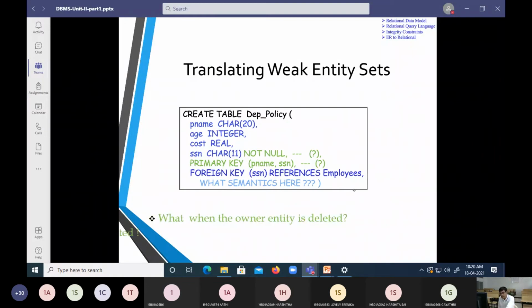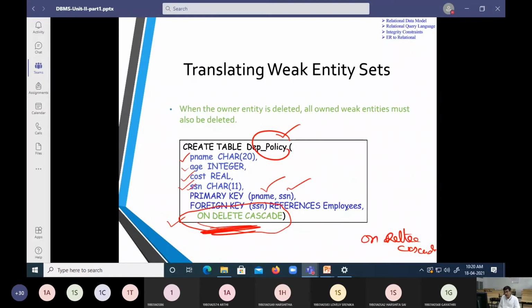Now how can I write it in a SQL command? You can write it in an SQL command as on delete cascade. So policy name is a primary key, SSN is a primary key. Now what will be the foreign key? In the foreign key I am going to choose SSN, and it is going to reference the employee, and if it is deleted, the things which are part of this SSN, that is P name, will also be deleted.